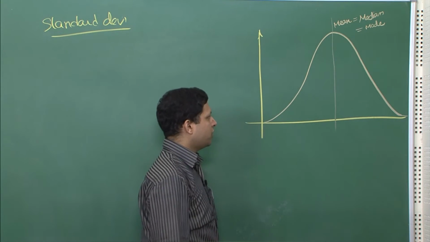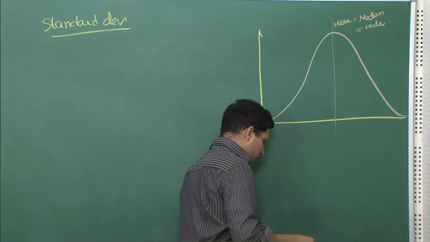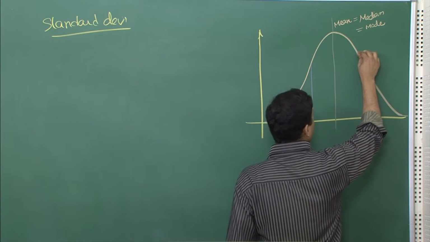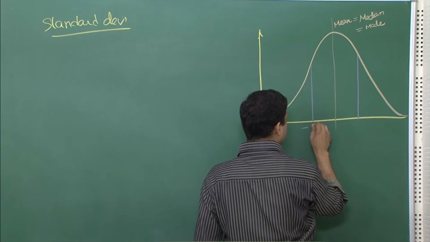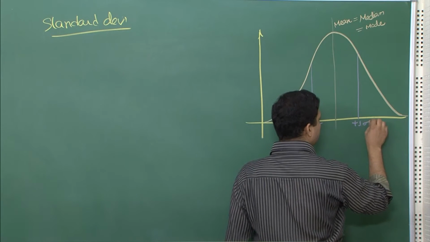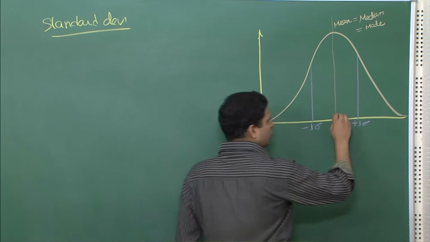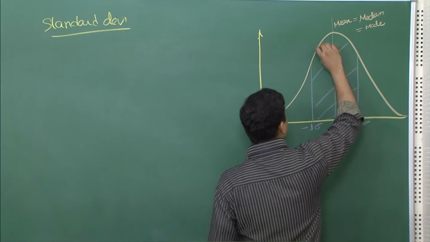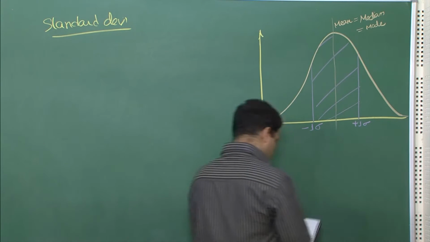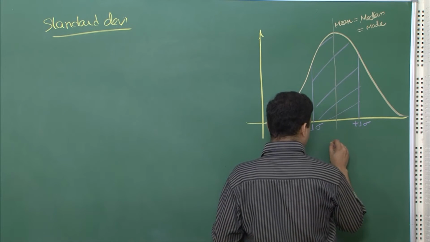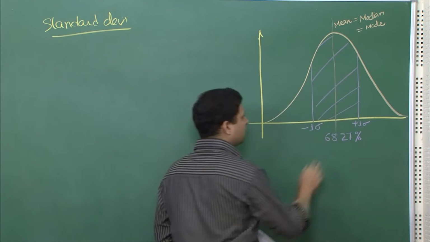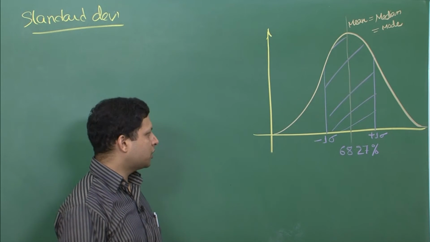Now, what is standard deviation? So, let us say there is some value of plus minus 1 standard deviation. It is usually denoted by sigma. So, I am writing it like this, plus 1 sigma and minus 1 sigma. So, what standard deviation defines is that whenever you have a distribution like this, then actually exactly 68.27% of your overall data should lie within this range, minus sigma to plus sigma.